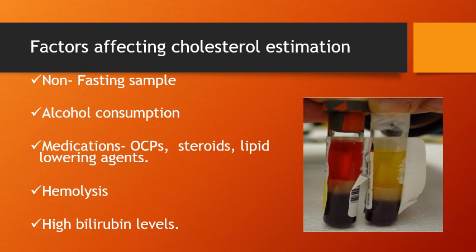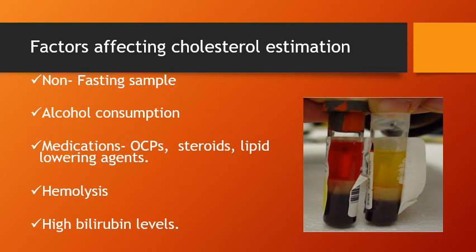If the serum sample is hemolyzed, this again interferes in the absorbance and we may get falsely increased cholesterol levels. And if the patient is having jaundice where there are high bilirubin levels, that also interferes in the cholesterol estimation. So these are the certain factors which we should keep in mind while estimating and while interpreting